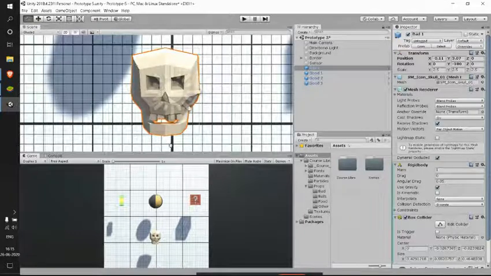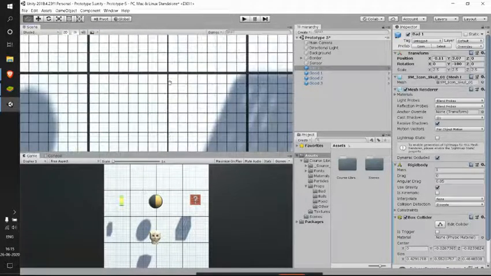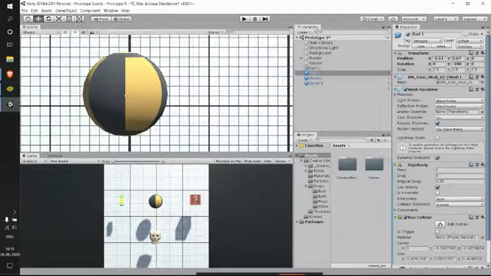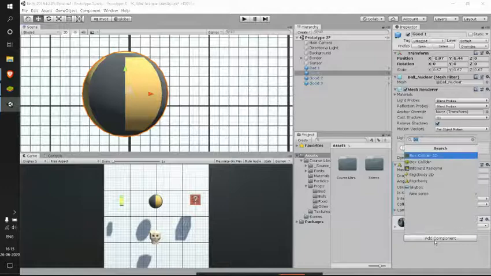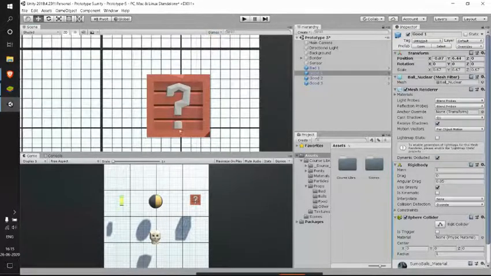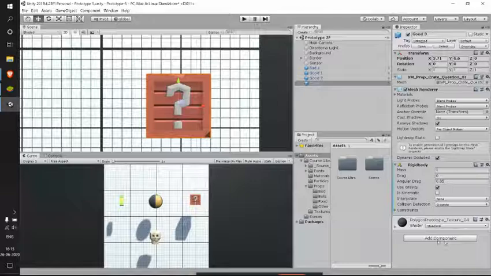So I guess this is cool. Whereas for this ball, I'll be adding a sphere collider. Yes, it's done. For this, box collider is fine.